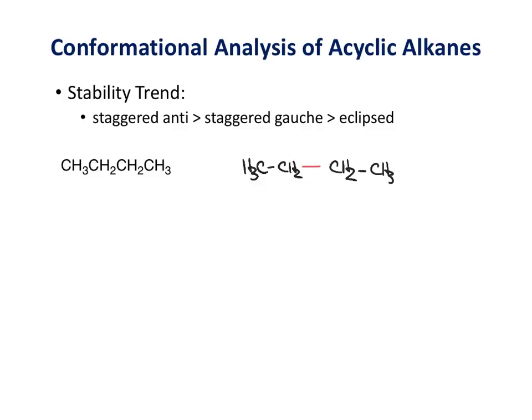Basically what I want you to do is view this along the bond in red, because technically you could view this across any of those bonds. Okay, but if we do this bond in red here, for the Newman projection, remember that this dot will be my front carbon. This will be my back carbon. Okay, so if I draw this as a Newman projection,